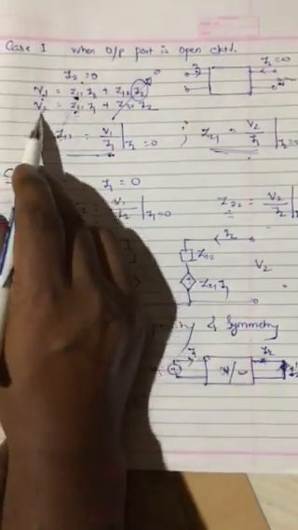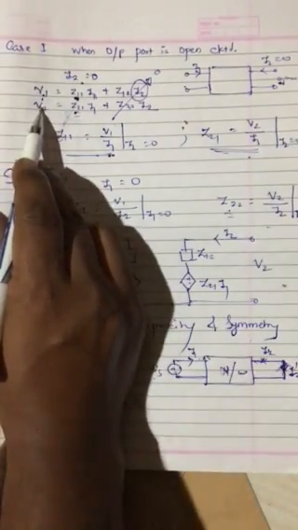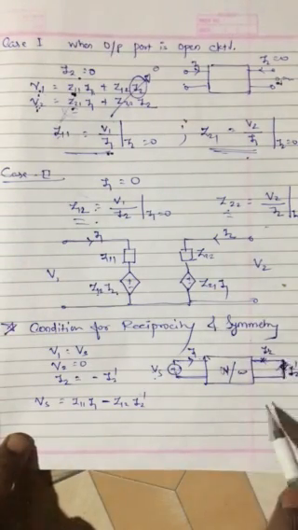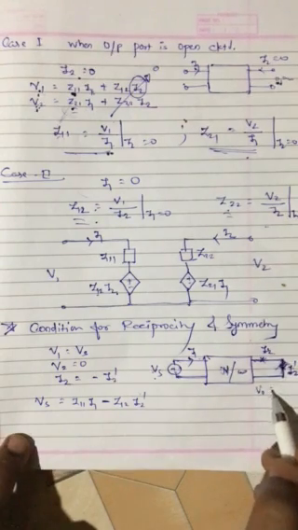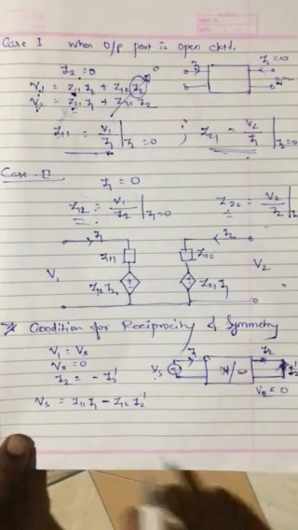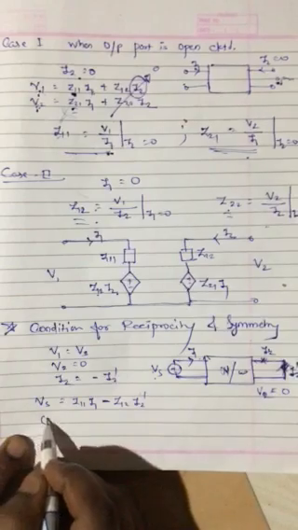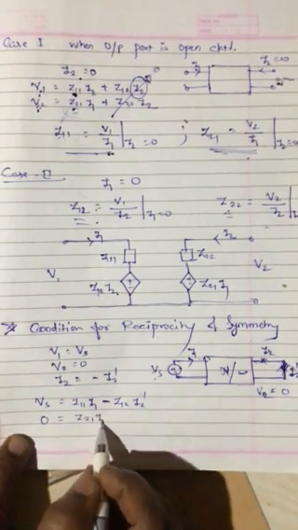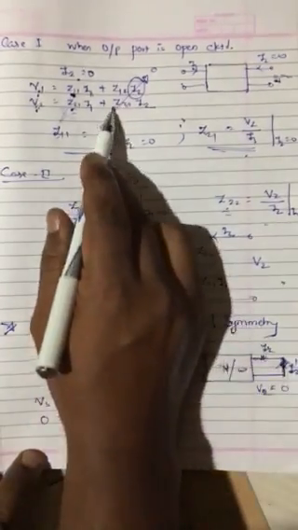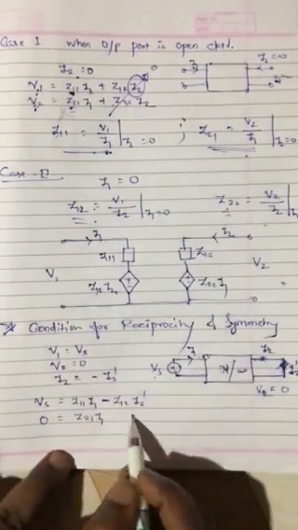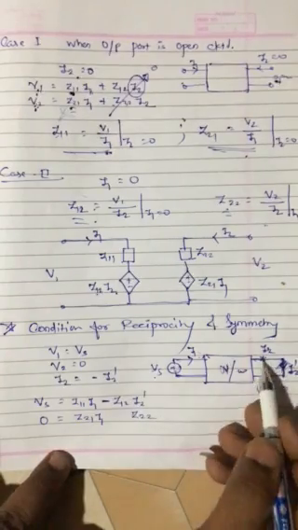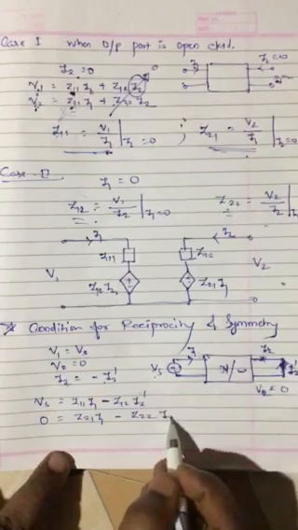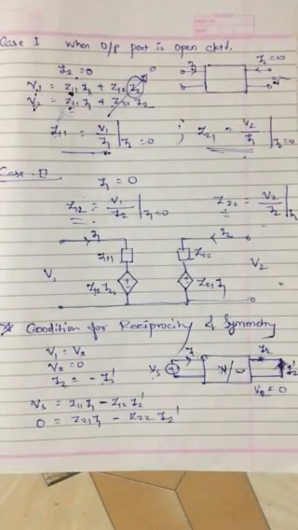Similarly, I will write down another equation, the second equation. Here in this second equation, a V2 term is there, but what about V2? V2 is not present because it is short circuited, no? So whenever it is short circuited, obviously voltage becomes 0. You know it very well. So instead of V2 it becomes 0 over here, equal to Z21 I1. Now the next term is plus Z22 I2, but I2 is nothing but minus I2 dash. So minus Z22 I2 dash. This is the other equation I got.